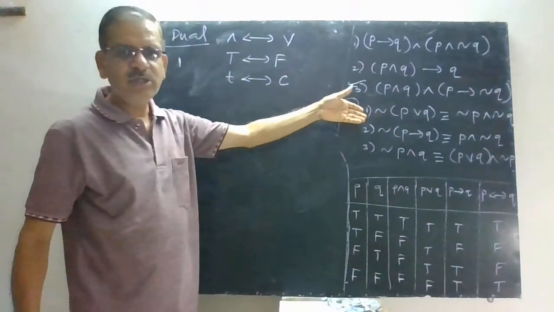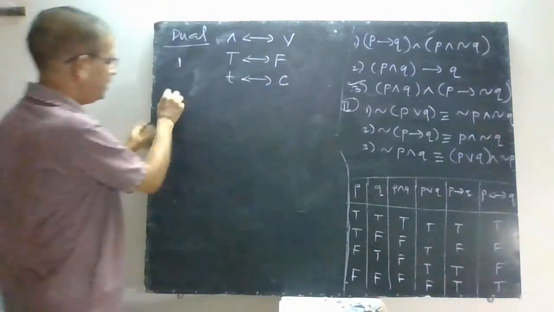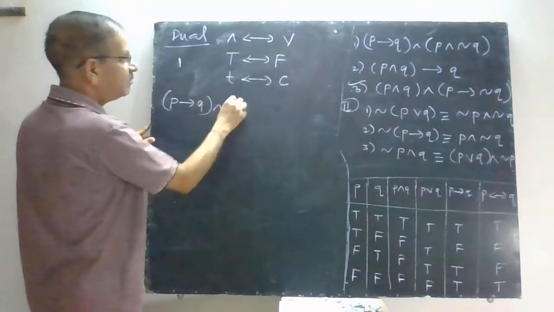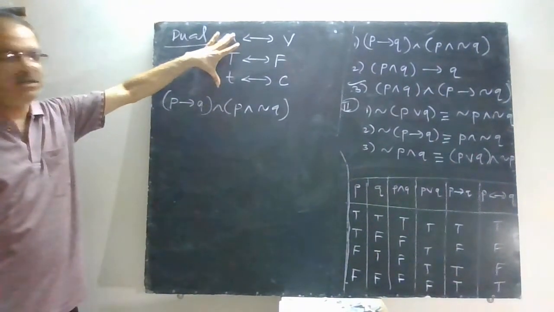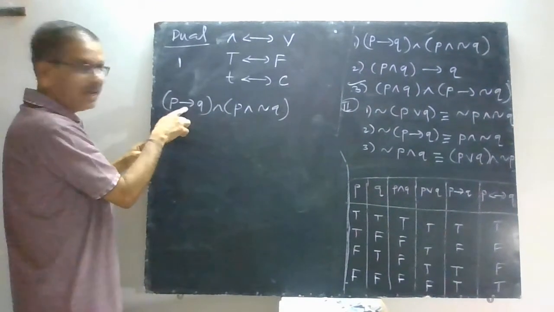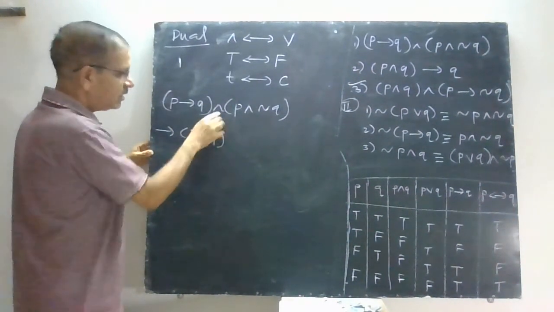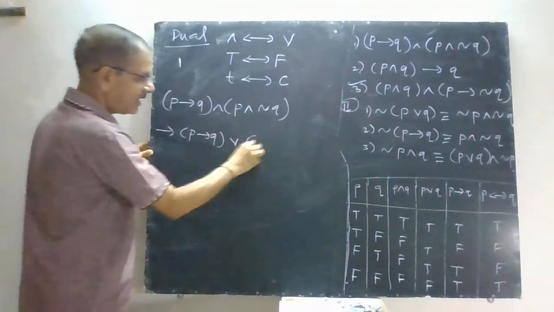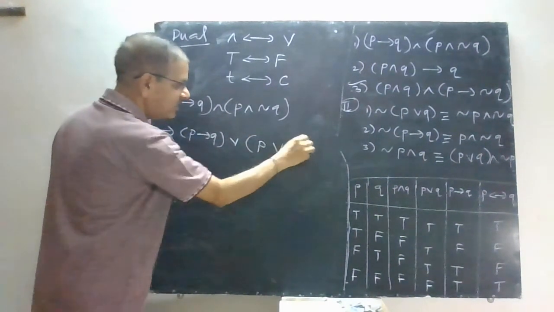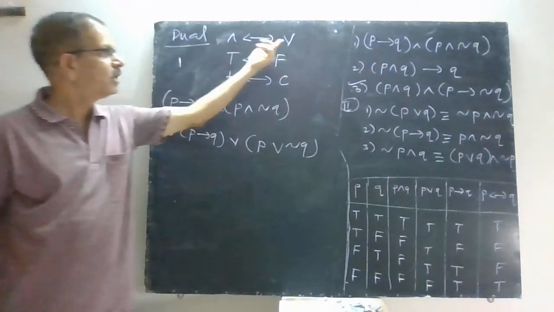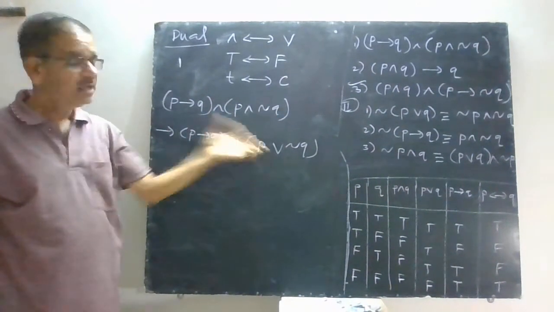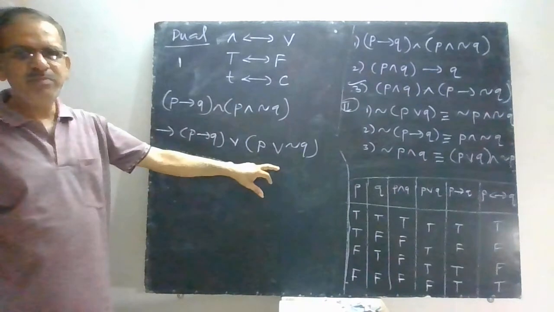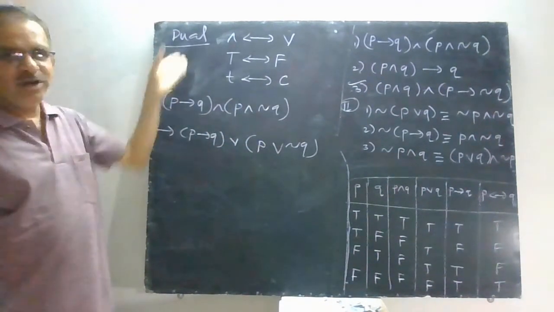Now suppose you have a statement here, P implies Q and P and not Q. Suppose you want to write down the dual of this one, you just have to follow these 3 things. The dual: implies will be as it is, P implies Q. Now replace this AND by OR, then write down P, again AND by OR, and negation Q. Only these two connectives you have to replace, otherwise it is implication or negation, all you have to keep the same. So this is very simple to write the dual of a given statement.